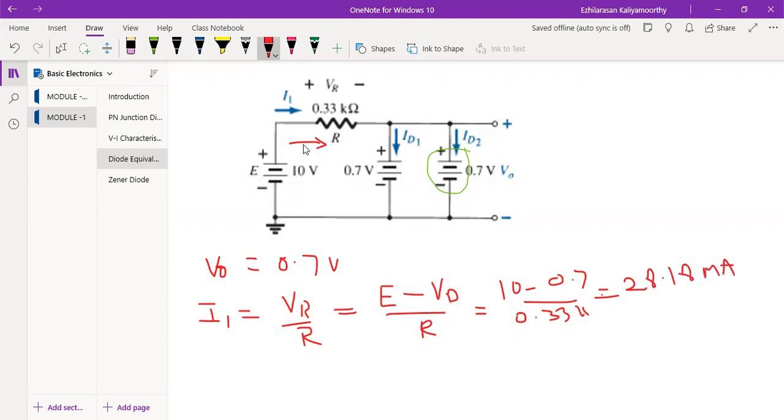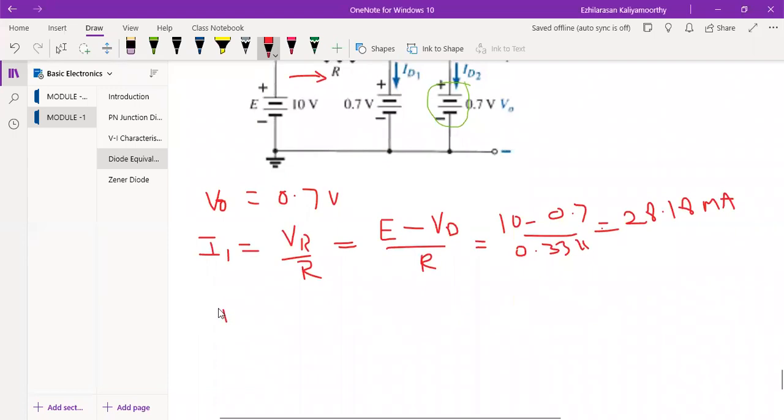milliampere. That is I1. See this loop here only. Okay, I hope you might have got it now. I1 answer. And the next, what you will do, just you have to assume that both the diodes have similar characteristics. Means whatever the current which is flowing here, the same current only is flowing even here also. You have to think.